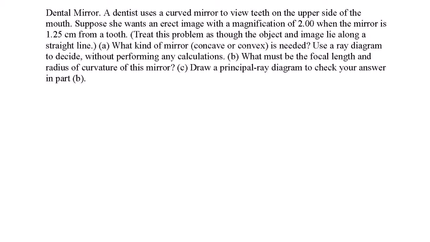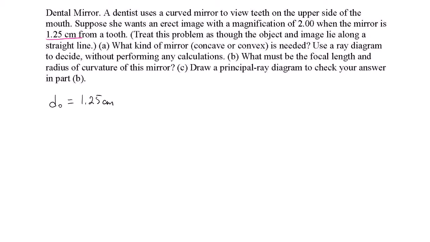identify what our object is. So the tooth is our object. Therefore, this 1.25 centimeters is the distance of the object from the mirror. So I'm going to immediately write out the information that I have. Distance of the object is 1.25 centimeters, and we also